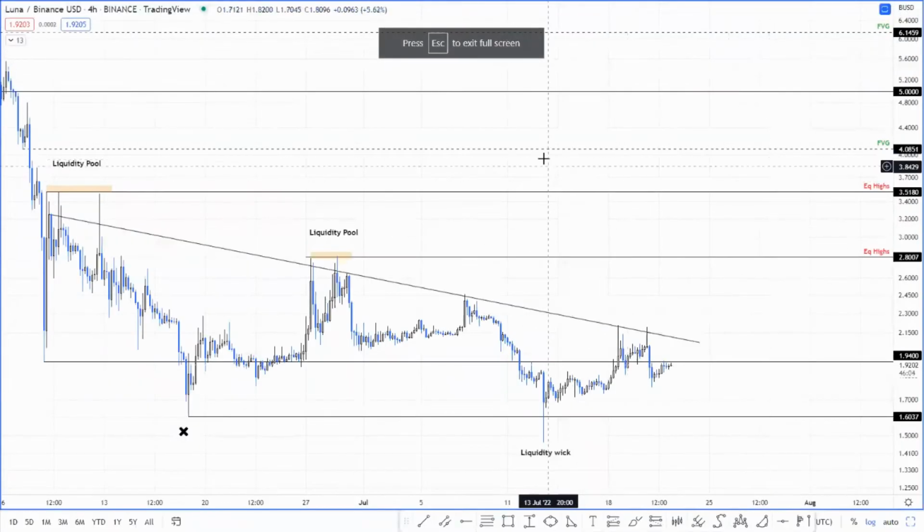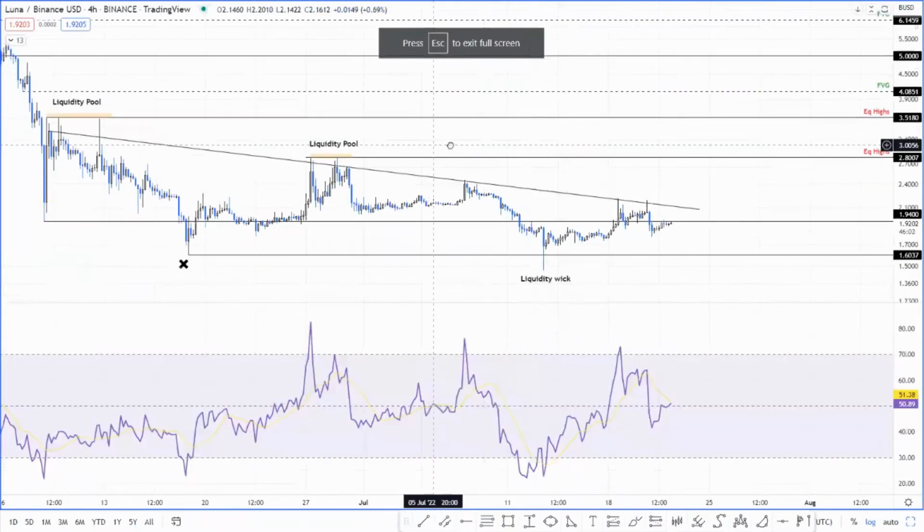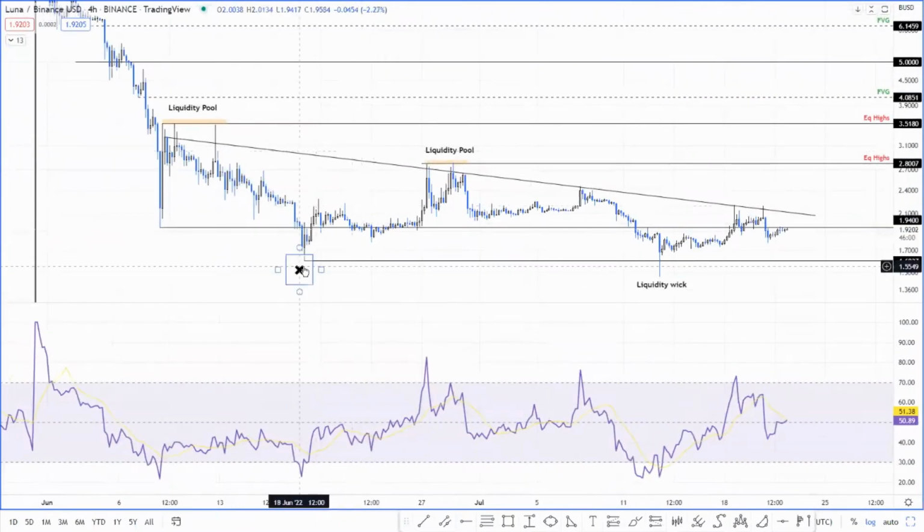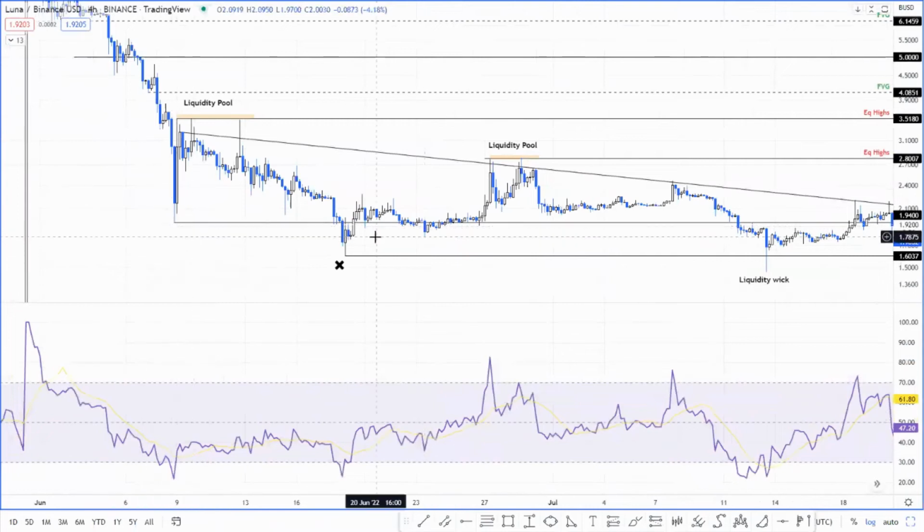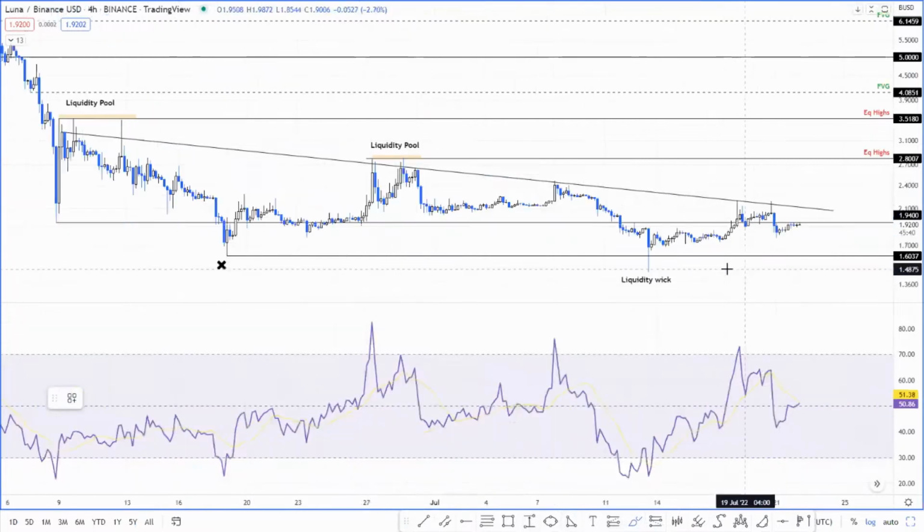The last time we discussed Luna, it was a fractal that I noted. Basically, this fractal was a liquidity run below a previous low, followed by a move up, right? It was as simple as that. Now, there were a few similarities that I saw between what happened on 8th June and 19th June and what happened on 13th July and